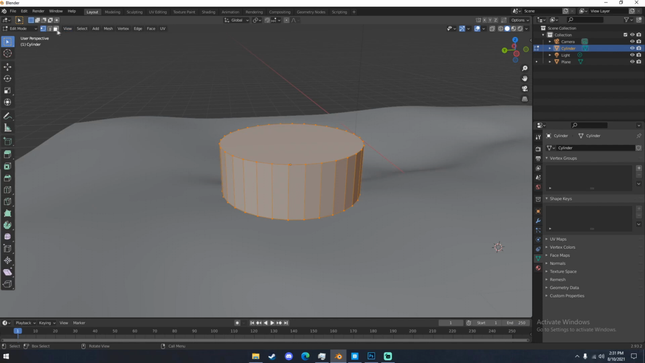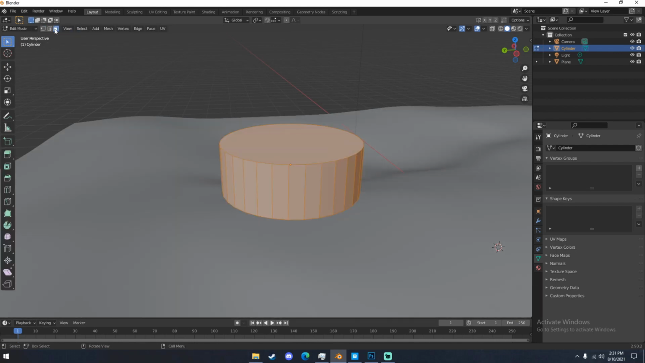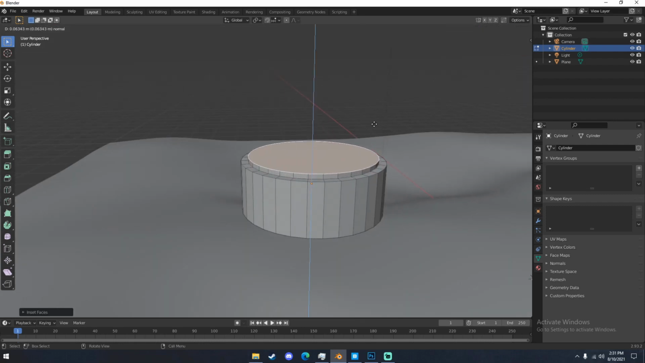So I'm going to go ahead and take this face, go into edit mode by hitting Tab, go up here to face select or hit 3 on your keyboard, select the top face, hit I on your keyboard, and then you can inset the face. And so I'm going to do that, and then I'm going to hit E to bring it up, lock it on that axis, and then just,